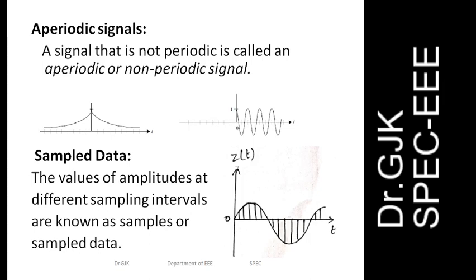Then coming to sampled data, for transmitting analog continuous signals, instead of transmitting analog continuous signals, we will make them as samples. That is, the x-axis of the waveform will be divided into equal time intervals, t1, t2, t3, like this up to tn. At each time interval, the magnitude of the waveform will be measured.